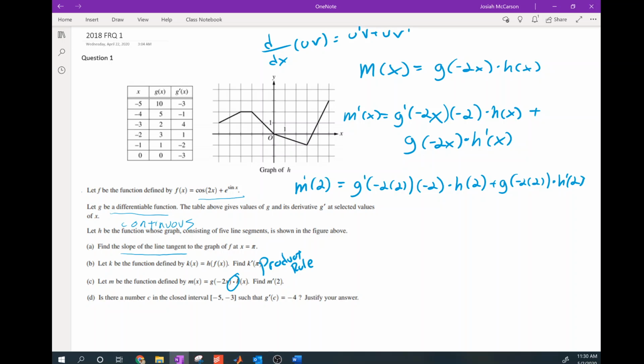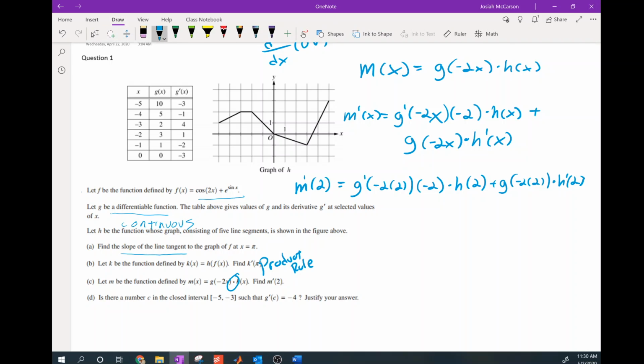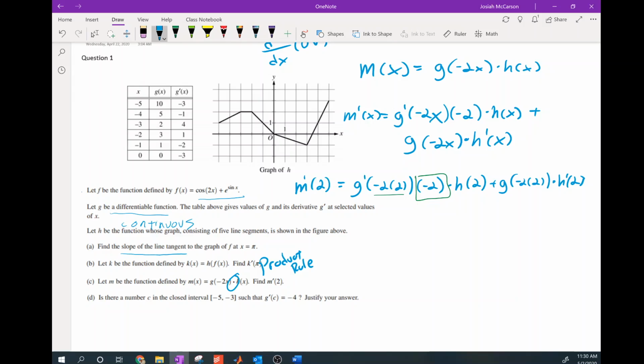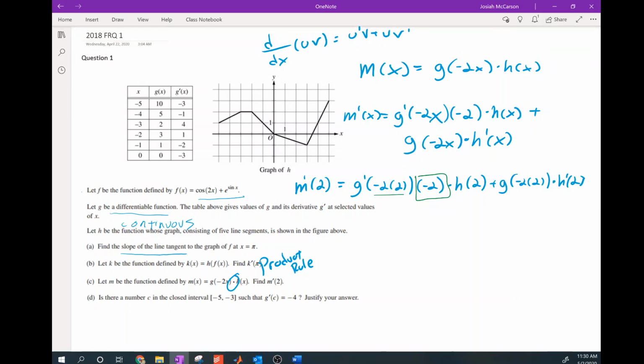And make sure you realize that this 2 is being multiplied, but these 2's are inside of my g prime. So that's going to be -2 g prime of -4 h of 2 plus g of -4